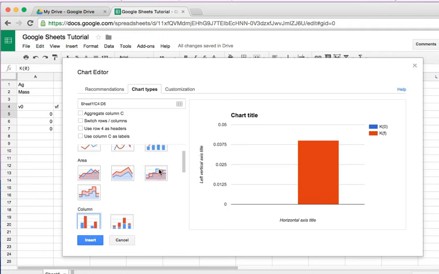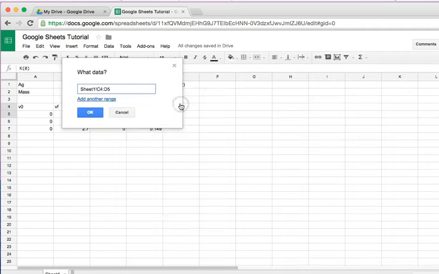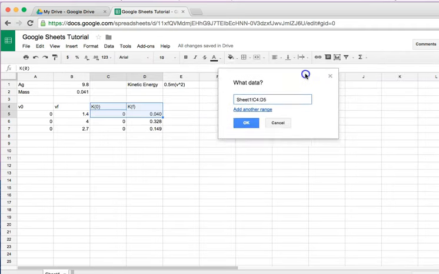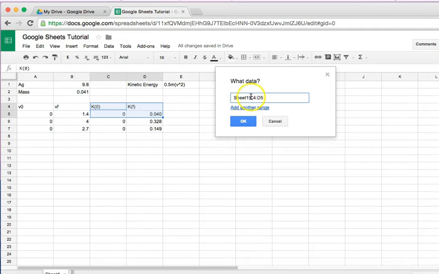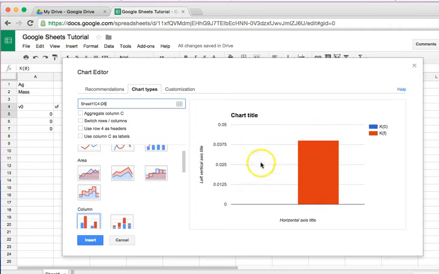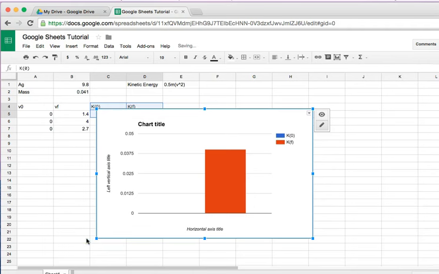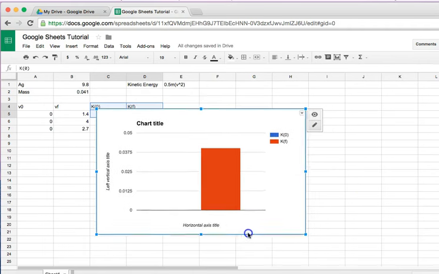Now that I'm there, I just want to double check the data range that I picked. So you can hit select data range. Move this out of the way. They're saying out of the data, I want to go from C4, which is this, to D5. That's exactly what I want. So I'm going to click OK, and I'm going to hit insert. So you guys can see here that I now have my chart,